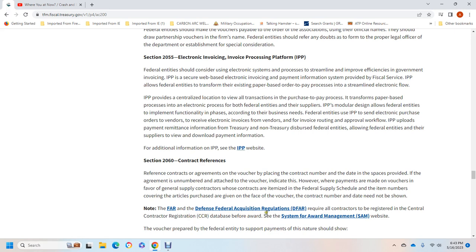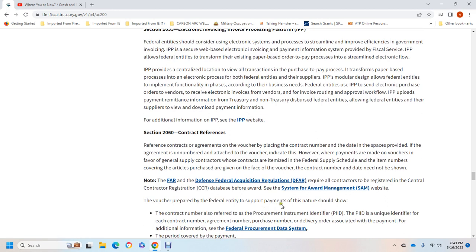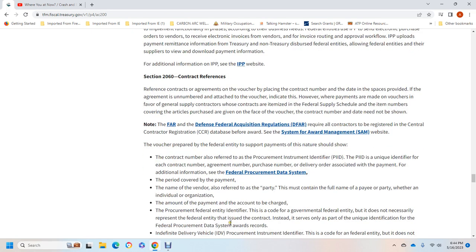before the award. See the System for Award Management website. The voucher, prepared with any support of the payments, should contain the contract number and refer to the procurement instrument, then identify it with a unique identifier, including the agreement number for purchases and the number of the delivery order associated with the payment. For additional information, see the Federal Procurement Data System. The voucher must contain the following: the period covered by the payment, the name of the vendor also referred to as the payee